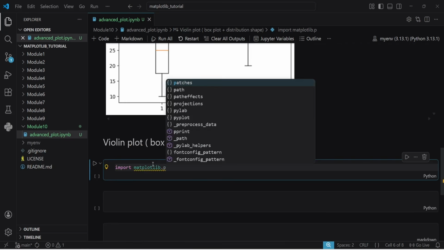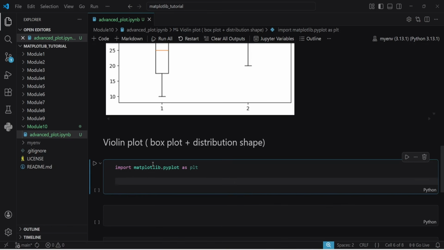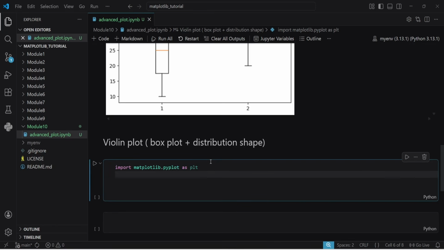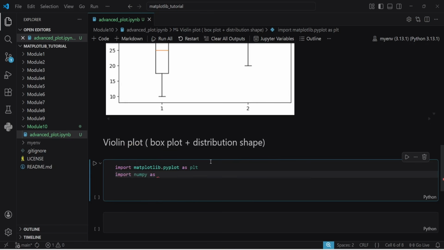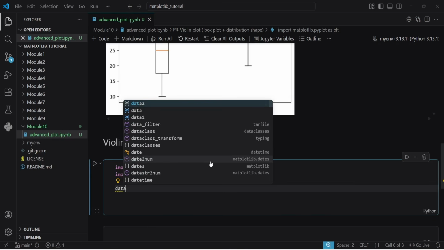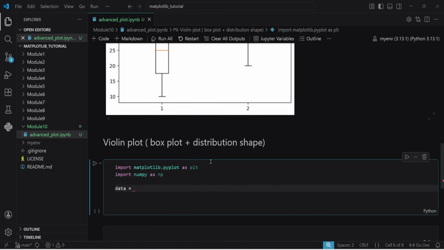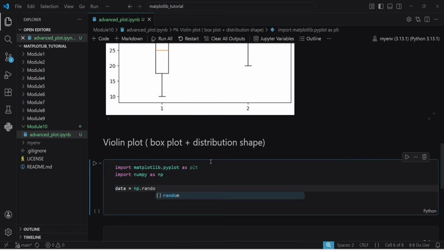import matplotlib.pyplot as plt. Now I want to create 100 random numbers. For that I have to import NumPy as np. Now my data is np.random.normal. That means I want to create a normal distribution. I want to create some data of normal distribution,